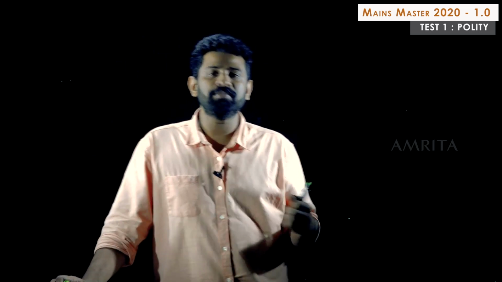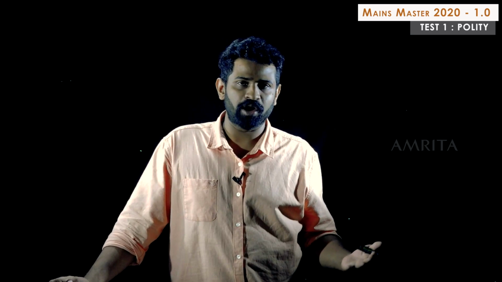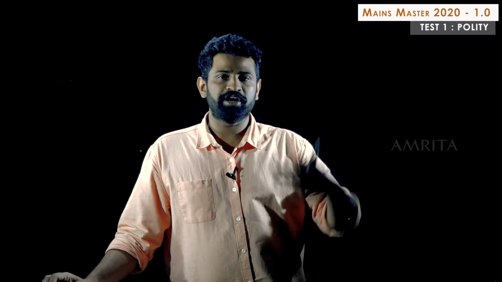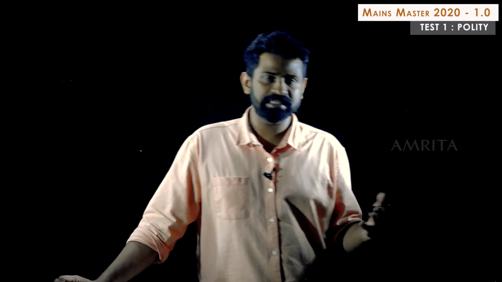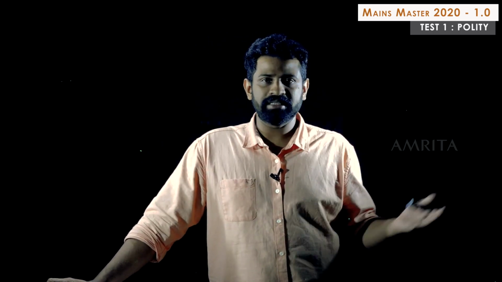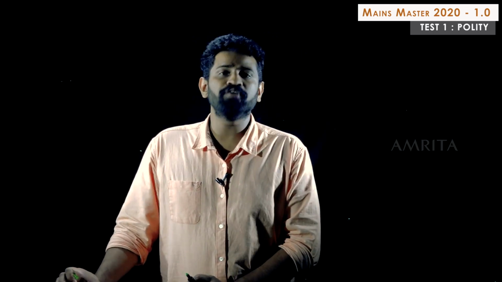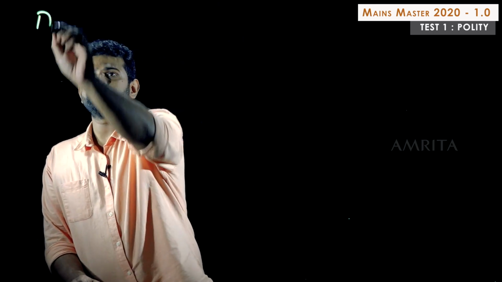That was our first point for flexibility, or argument against rigidity. We saw that there had been many significant amendments to the Indian Constitution even after the basic structure came into being. So it's very important you give particular examples, right? 42nd, 44th, 73rd, 74th, then the GST. So these are all significant amendments. None of this was hindered by virtue of the basic structure doctrine. So that is the first point.